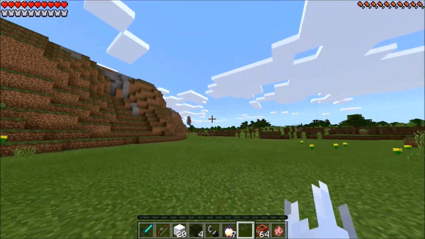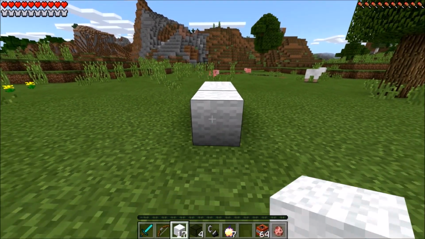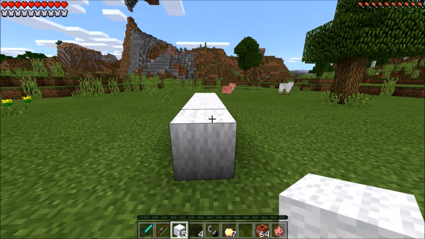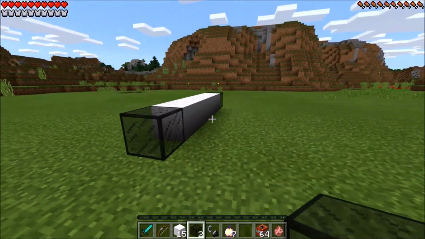But what you guys are going to need to head to this dimension is you're going to need 20 white wool. You want to go ahead and place 5 of these on the ground, just like that. Then you're going to need four black stained glass. You want to go ahead and place 1 of these on each side of your white wool, just like that,